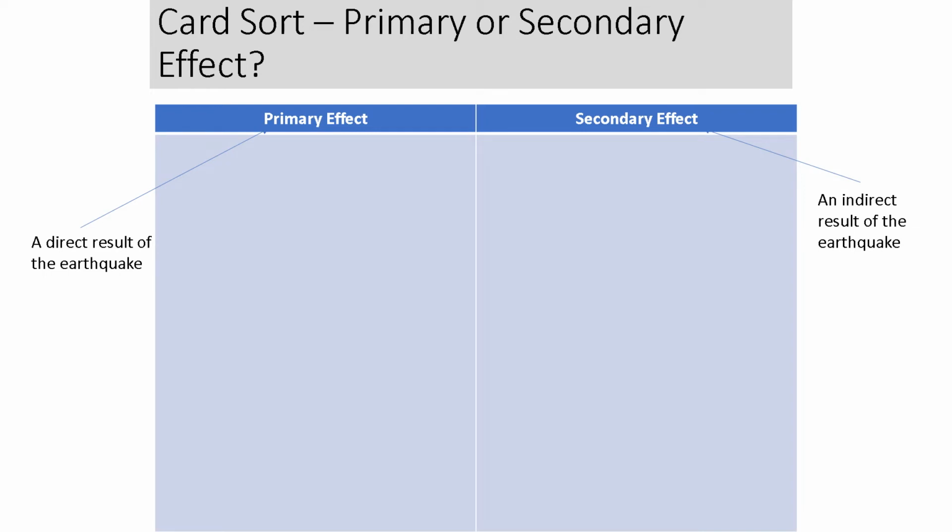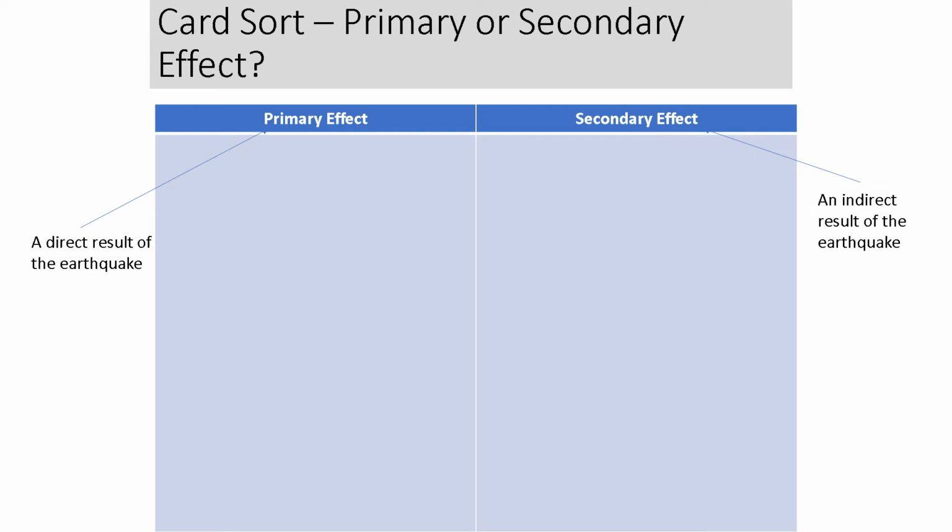Okay, we're going to now delve into these effects in a bit more detail. You've got another attachment here. I've set it up as a PDF file that I've attached for you, but it's also on the next slide. And we want to think about primary and secondary effects. Now, I mentioned them in the previous slide, and I said to you, primary is a direct result of the earthquake. Rubble falls on you, hits you on the head, kills you. That's a direct result. Industry, you know, you've got a shop, it's collapsed. That's a primary effect. An indirect result is because there was the earthquake, there is now a further effect.